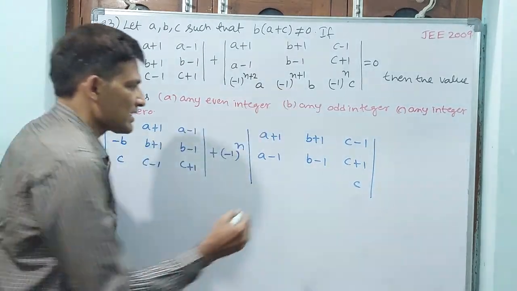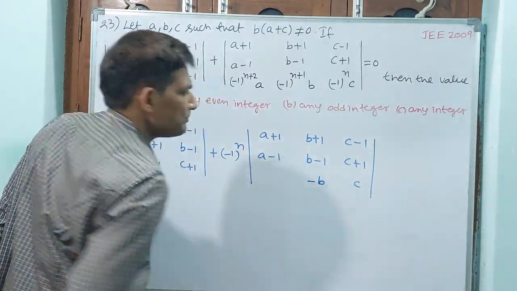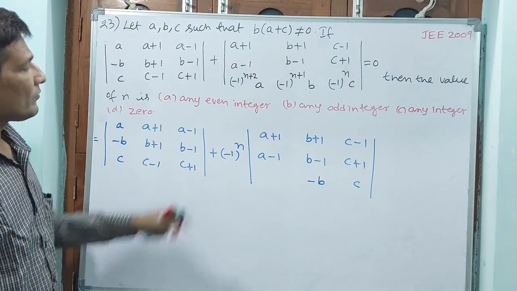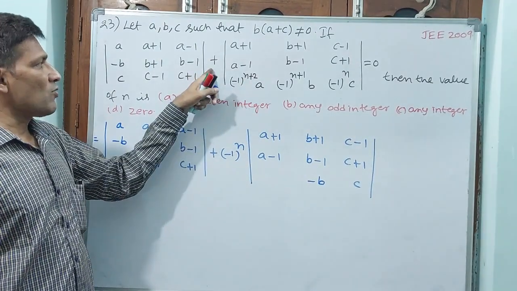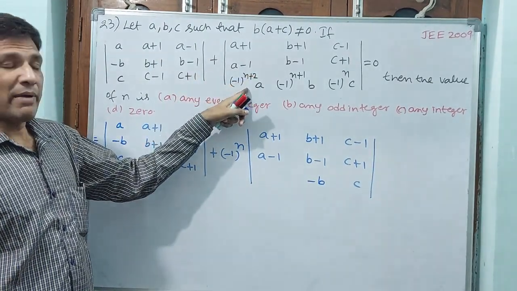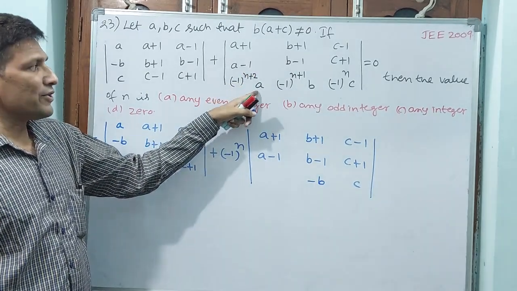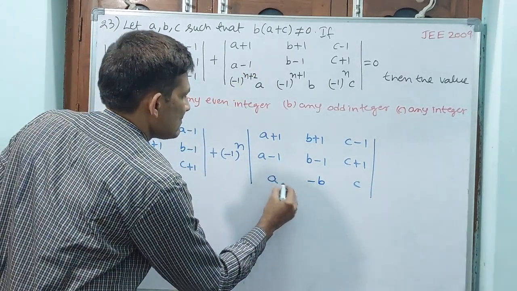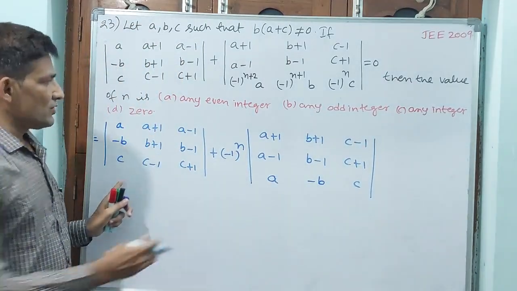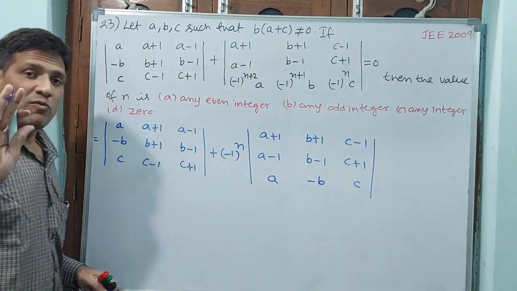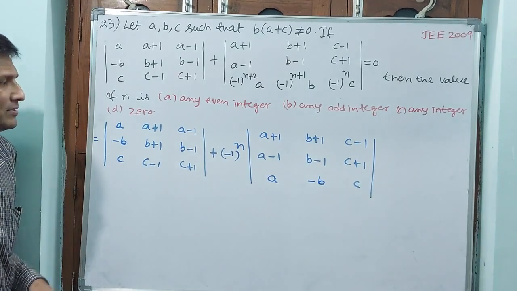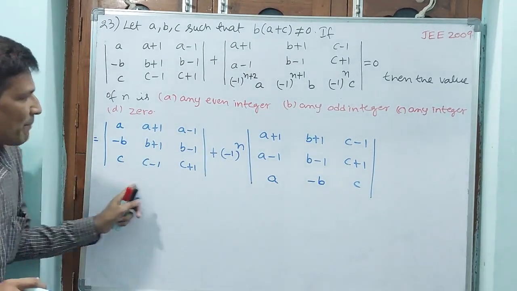Minus of b means minus b. Write down minus b. Okay. Minus 1 power n you have taken. Minus 1 power 2 will be there. Minus 1 power 2 means even. Plus 1. Plus 1 into a. Write a. Stop. Why? Because see, this is equivalent to 0. That 0 we will equate last. RHS. Now wait and see. Compare both of them.